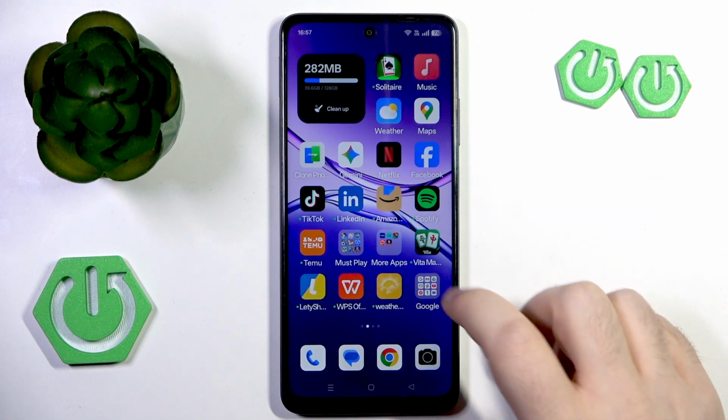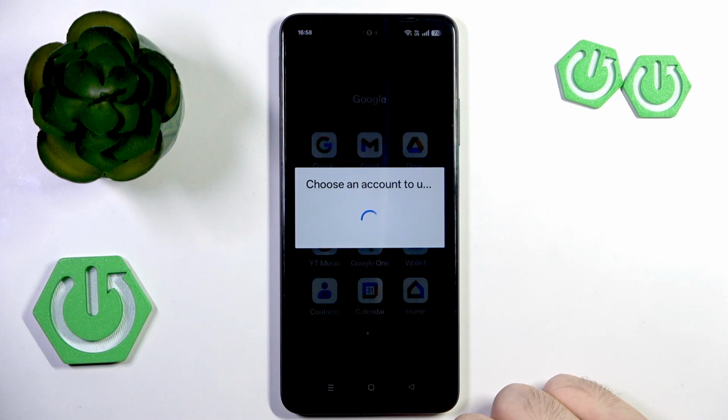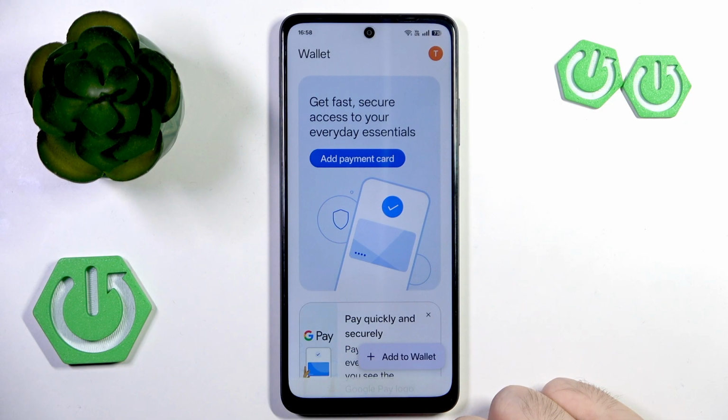So you have to start by opening your wallet app. Then click on View Wallet and click Allow. And here on the main screen you can add credit card to your wallet, or you can